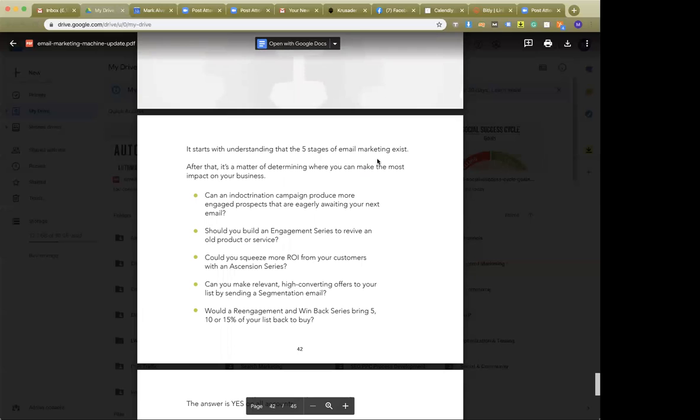It starts by understanding the 5 stages. Like I explained, 5 different stages, how they're used and how they coexist with each other, how some of them overlap, how they commonly behave, how you properly set up an experiment, and how you properly test. So really, it's just understanding the intention of the email to determine what phase or stage of the email marketing funnel each email exists within a series. It depends on the intent of the email that you're sending.